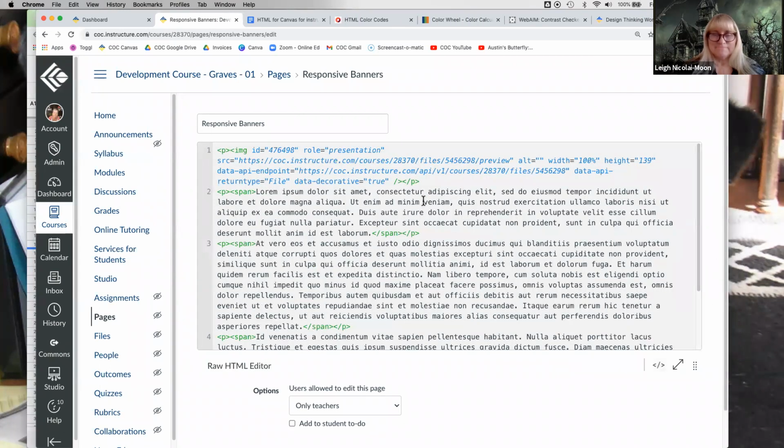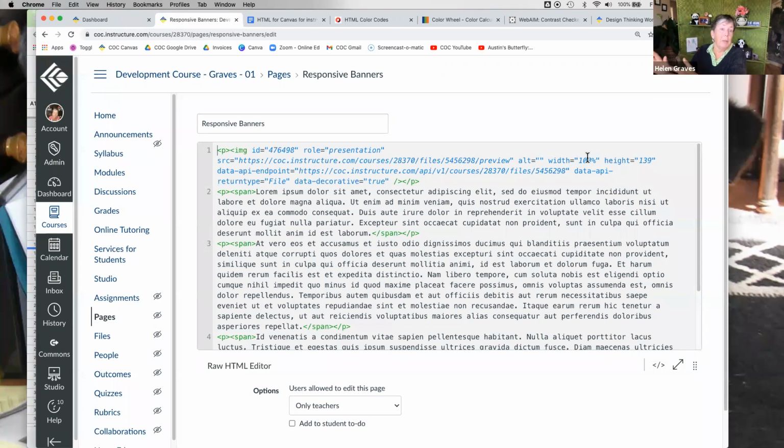I like that. The other way, if the width and everything wasn't there the way it hadn't been at the beginning, is you can simply type in width equals quotation mark 100%, close quotation mark, and that's all. You don't need to worry about the height because it will keep the height and width ratio the same.